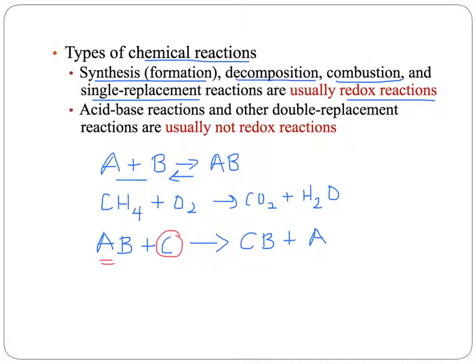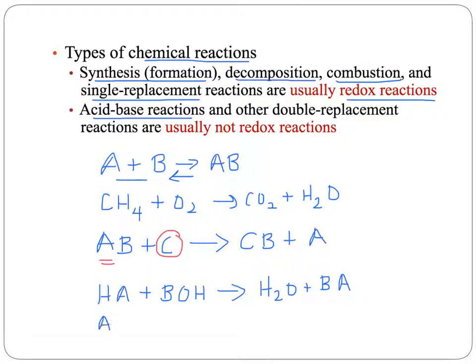But some of the other kinds of reactions that we have worked with, at least in lab, are acid-base reactions. So when you have an acid, we'll just use HA as an acid, plus some kind of base, so we'll do B with an OH, a very simple hydroxide ion, that is going to turn into water when those go together, and then some type of ionic salt, or a compound that takes up the leftovers after you make water. The acid-base reactions do not typically turn into redox reactions,